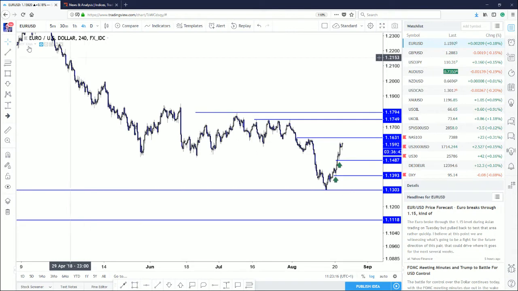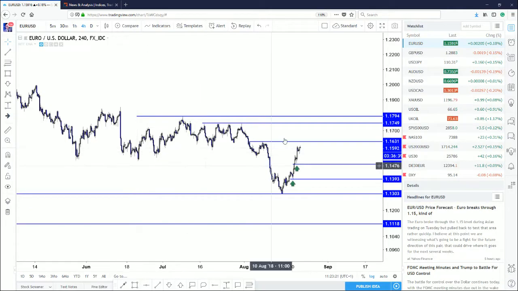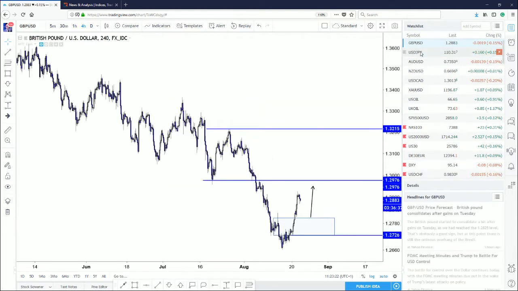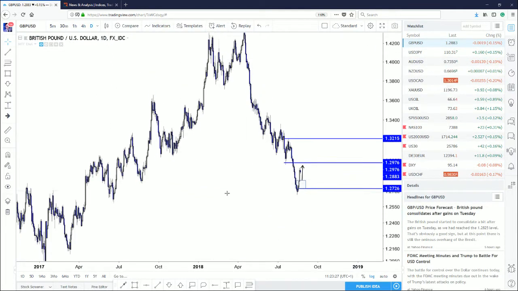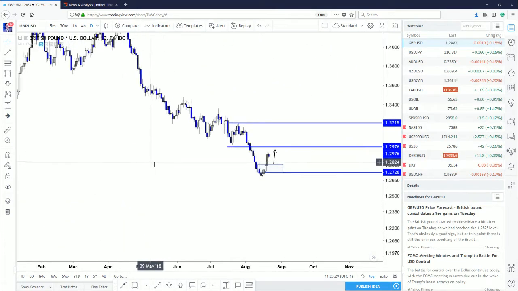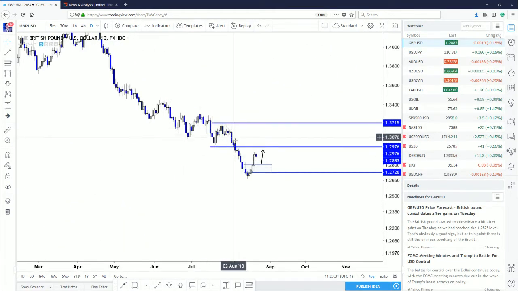There might be other pairs where the euro is doing good or where the dollar is weakening, but this is not the one. What's also interesting is the British pound stopped creating lower highs on the back of that reversal. The market was extremely bearish, and I think we found at least a week, like a low here for the next week or two.